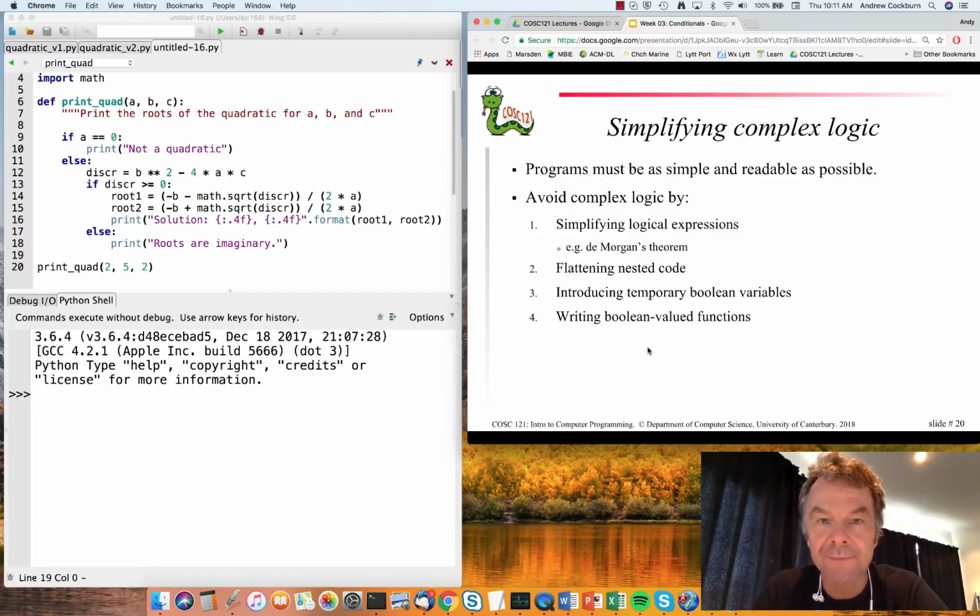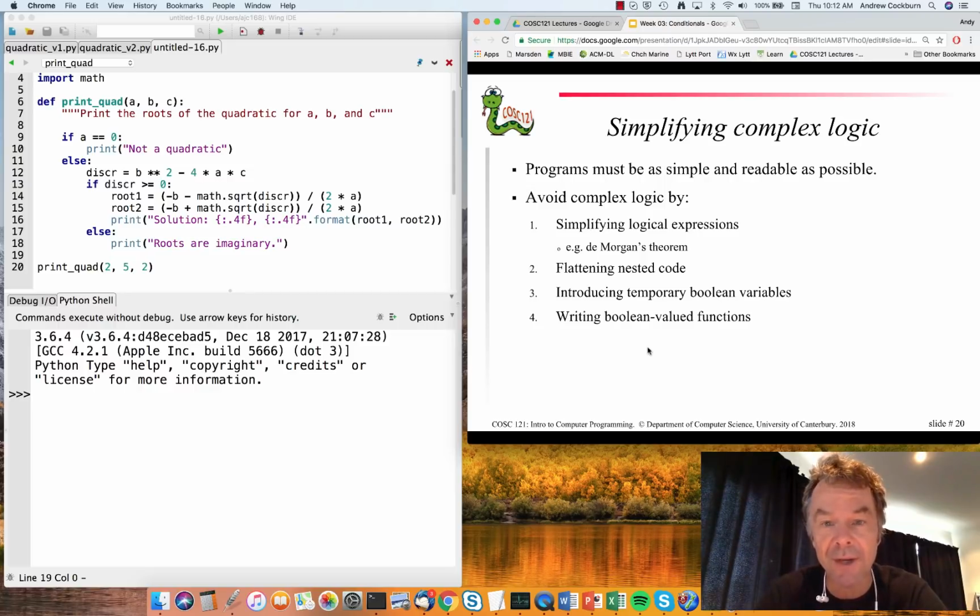Hello and welcome back. In this video, we're going to look at 4 different ways to simplify the logic of our programs. Always, our programs should be written to be as simple and readable as possible, and this makes programs easier to modify and understand for ourselves and for others who might want to modify and update them in the future. Also, programs that are written simply and clearly are much easier to understand for you and therefore easier to debug and fix,